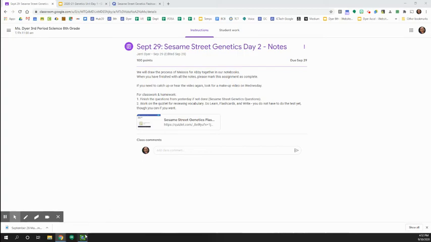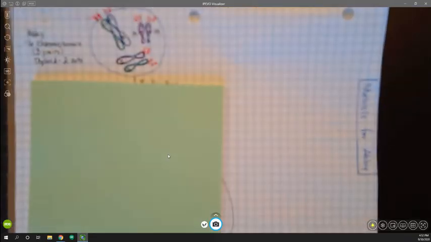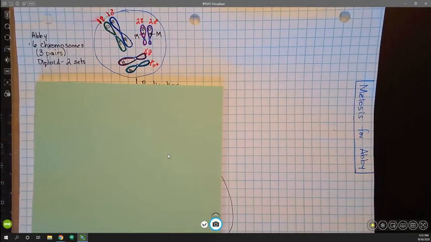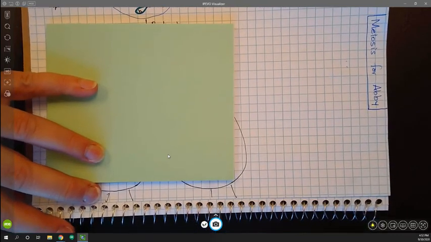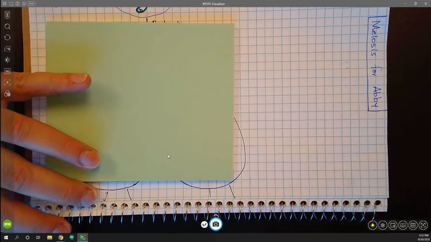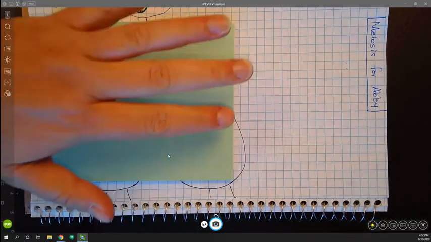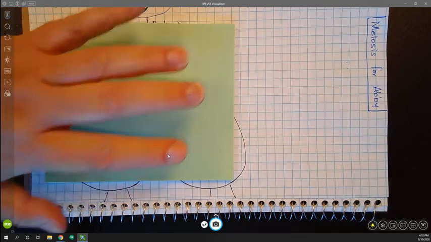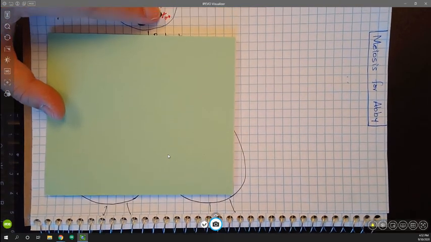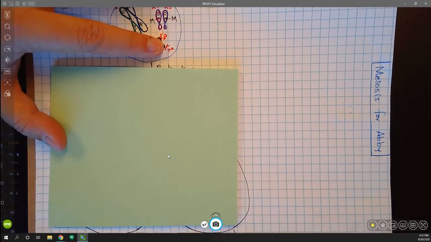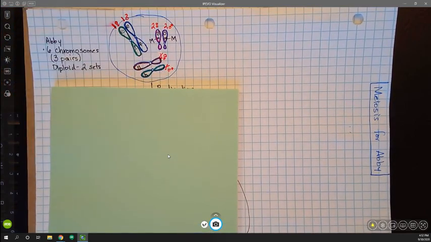So let's go ahead and take a look at our notebooks. I've turned my page sideways because I'm going to work on both pages. This is the spine. This would be the left-hand page, and then the right-hand page is over on the other side. So I've got the meiosis for Abby up at the top, and I'm writing down at the bottom of